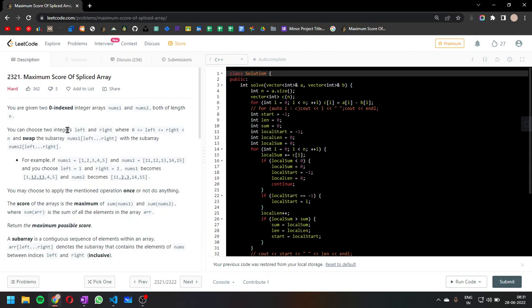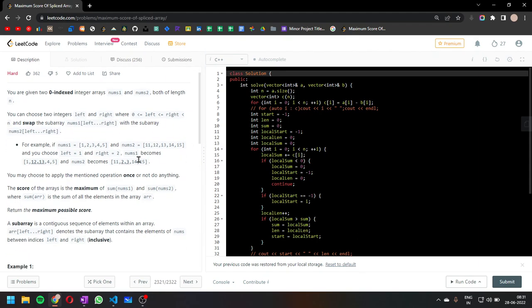We can select two integers left and right, where those integers should be between 0 inclusive and n exclusive. And we can swap the subarray nums1[left..right] with the subarray nums2[left..right]. For example, let's say I have these two arrays, 1 2 3 4 5 and 11 12 13 14 15.